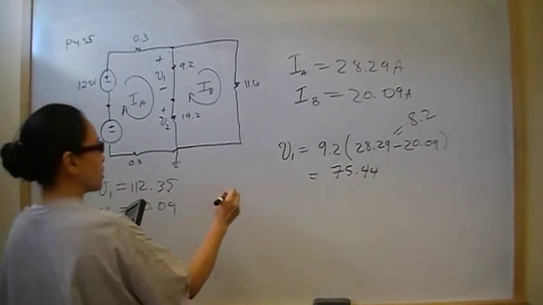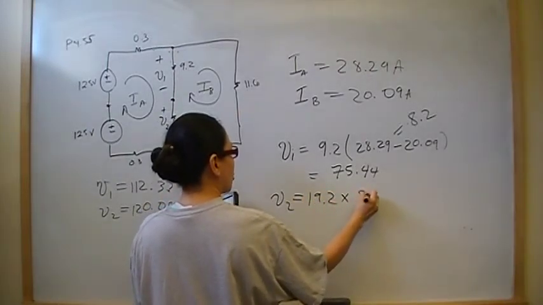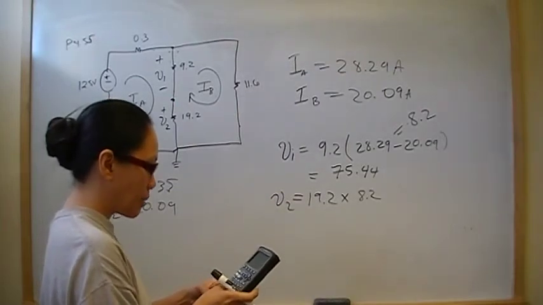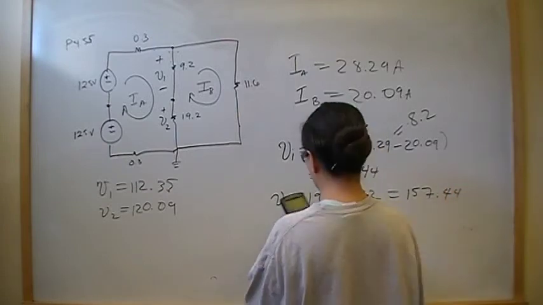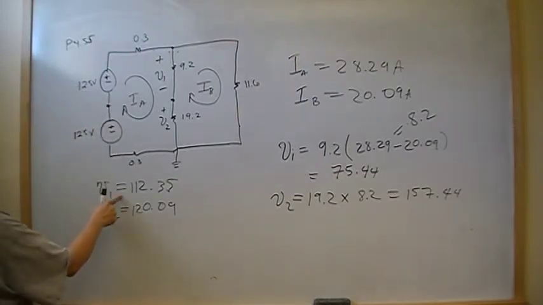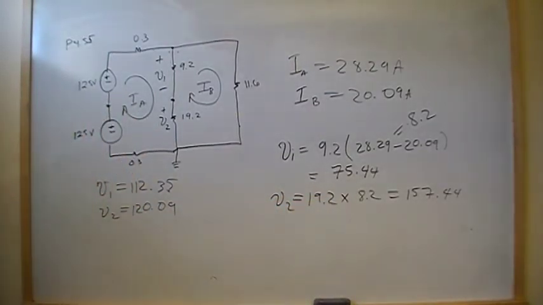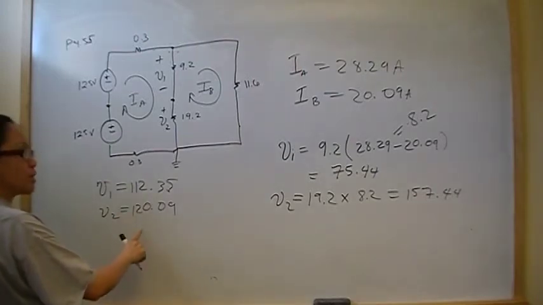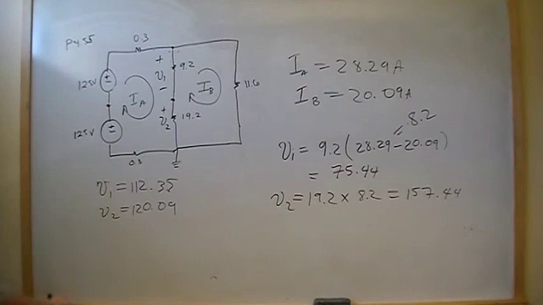Okay, so then V2 is going to be 19.2 times 8.2. So 19.2 times 8.2, that's going to be 157.44. And that's what I got before. So now, let's go back and revisit. Without the neutral, V1 drops from 112.35 to 75.44. And that's not problematic. It's V2 that's going to be problematic. V2 is 120.09 and spikes all the way up to 157.44, which is well over the 125